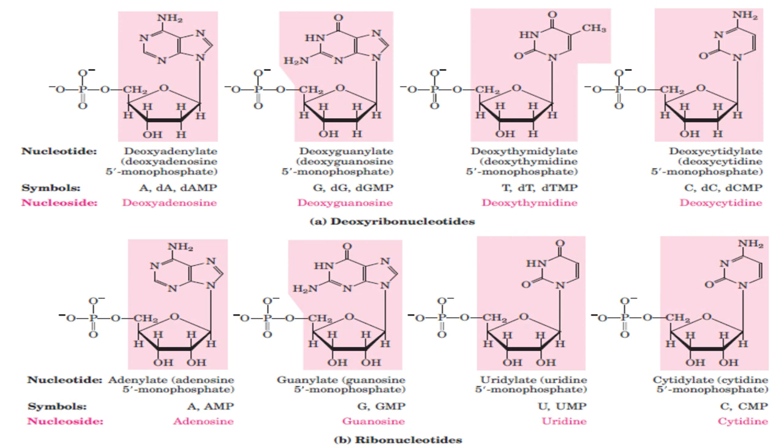These are various monomers of polymeric DNA and RNA. Pink area represents nucleosides attached to phosphate group and forming nucleotides. Above in image are 4 nucleotides in DNA and below in the image are 4 nucleotides in RNA along with their symbols and nomenclature. As only one phosphate group is present in nucleotides, it is called nucleotide monophosphate. Just for example, adenine in RNA is called adenosine monophosphate, and in DNA it is called deoxyadenosine monophosphate. Likewise for all other nucleotides.